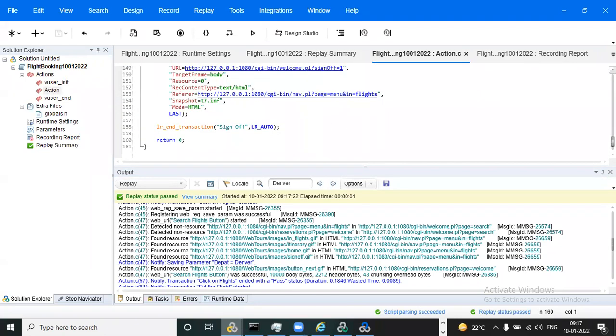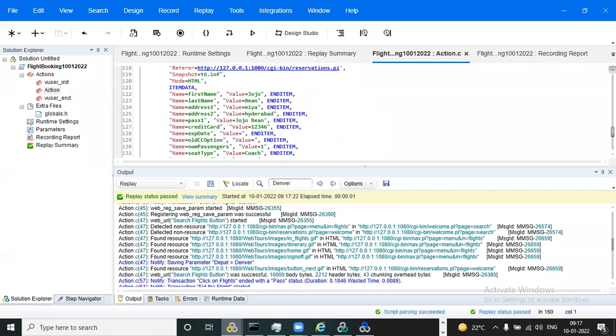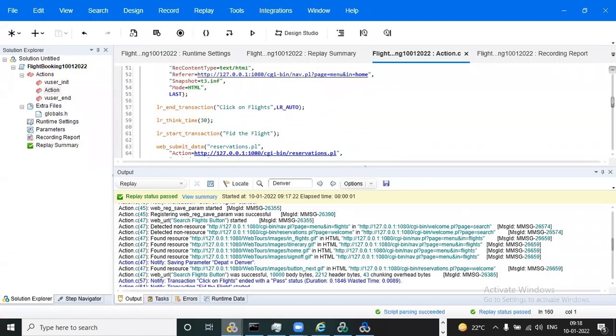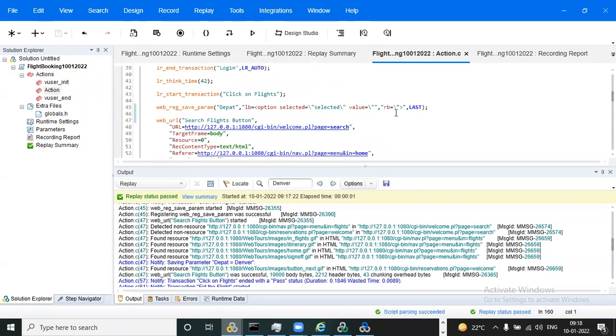After correlation is completed, we have different arguments in our tool for this function, not only LB and RB. For example, I want to capture how many values there are in that drop down as a departure.